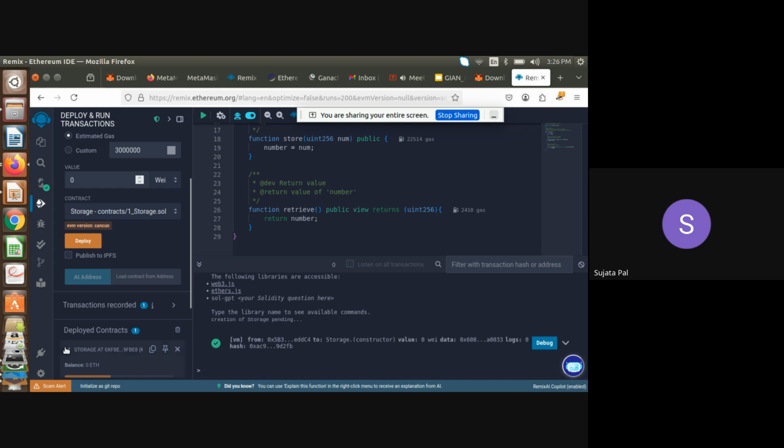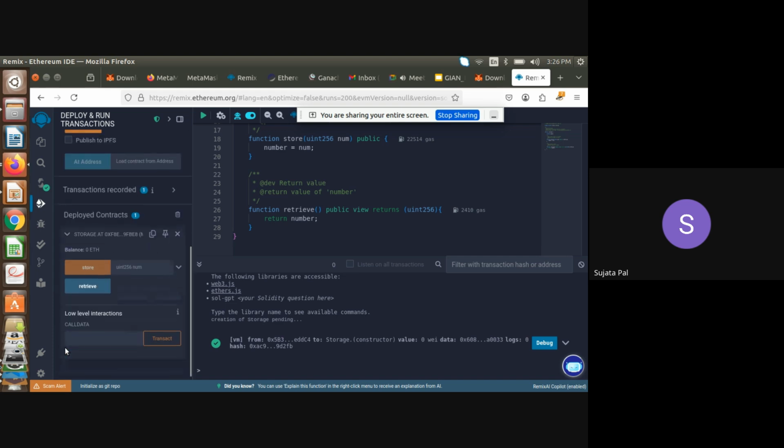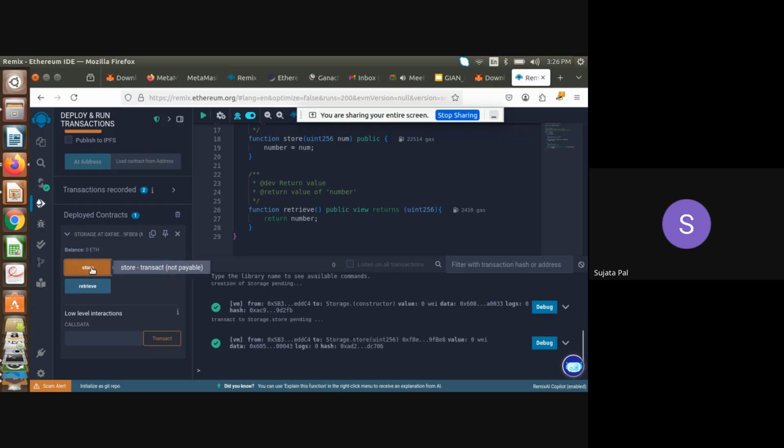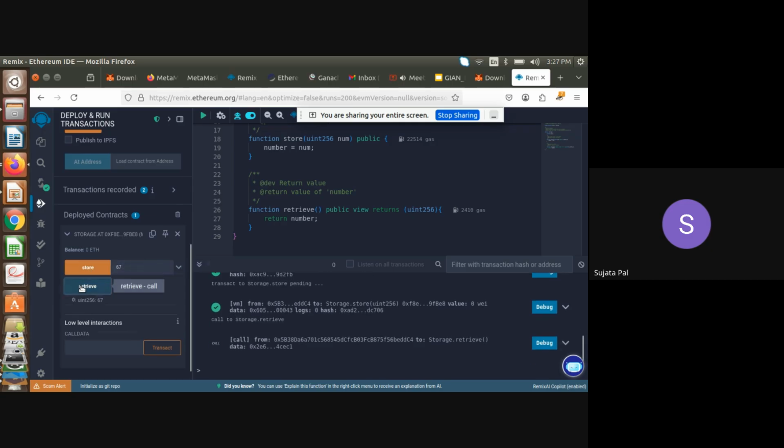And after that, you will go to your smart contract that you have used. Here you are storing a number. Any number you can put, an unsigned integer. You can put it here and click on store. Again, it is showing you that your data is stored and its hash is also generated. It is successful, so it is showing a tick. Then you can retrieve here.